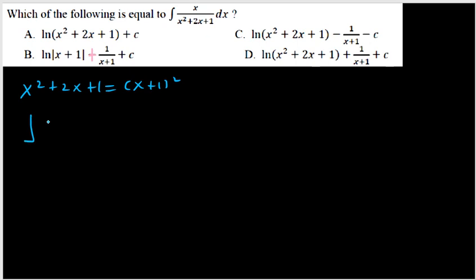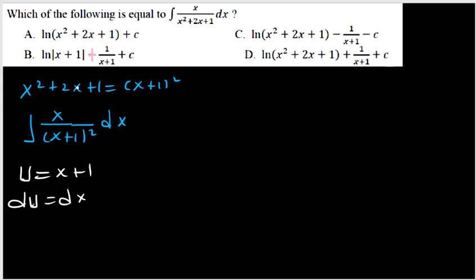So the whole integral will be x over (x plus 1) the whole squared dx. For this integral we can apply the substitution method. Let's take u as x plus 1. When you differentiate both sides, du is equal to dx. But remember here, we can get the x